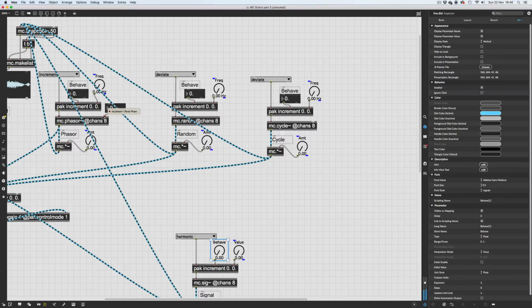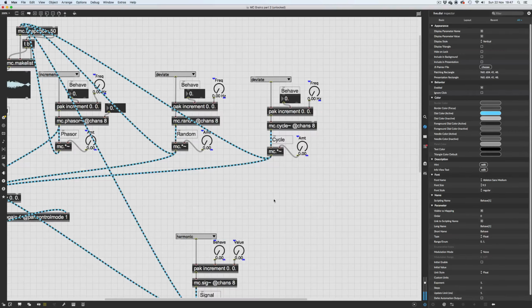Okay. But for the other ones, they're working in frequency. We probably don't need to be going up to 20,000 or 10,000 hertz for some of these parameters, because that's just stupid fast. I'm going to leave them in there anyway. But we're going to need to set some boundaries, some limits in terms of how far these numbers go, how much they affect the behavior of the number coming in. So maybe we might want to go for something like, I mean, 10 hertz either way is quite a lot. Maybe